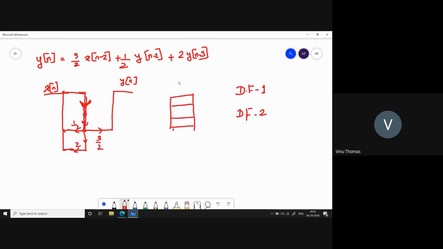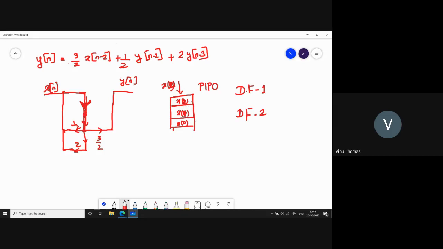So you have some input coming in. Every clock, this input goes through the next immediate locations in the parallel input, parallel output shift register. You can assume that initially you had x of 0 here. In the next input sample, this will be x of 0, and here you will have x of 1. In the next clock, you will have x of 0 here, this will be x of 1, and you will have x of 2 appearing here. In the next clock, this will be x of 0, this will be x of 1, this will be x of 2, and here you will have x of 3.